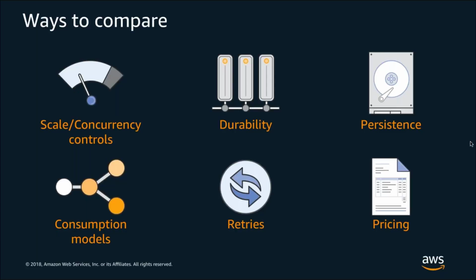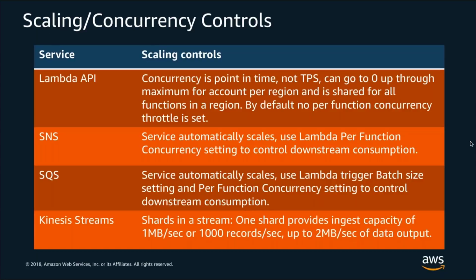And then lastly, we'll talk about pricing, which is definitely a factor that people are going to want to think about. And now what I've done here is unfortunately not the prettiest of slides, but it's going to break down in chart form how you can think about comparing these 4 services or these 4 capabilities against each other. So let's get started. So when it comes to scaling and concurrency controls, at times you want to think about